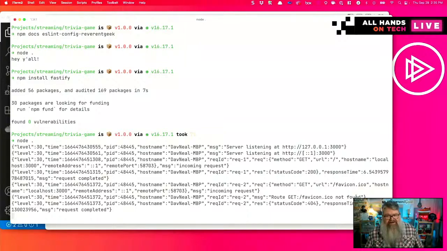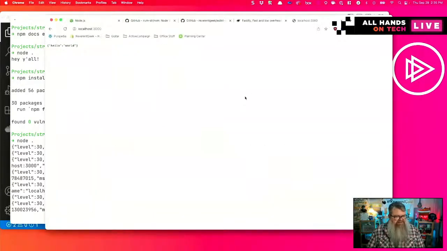There's not a route defined to serve that, so it returned status code 404, as would be expected. So cool. We got a nice starting web server with Fastify.